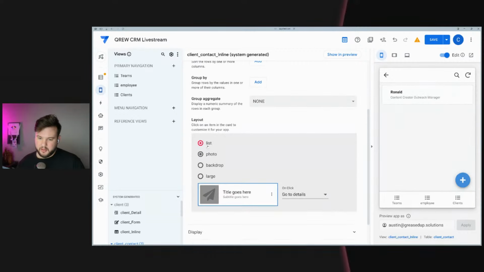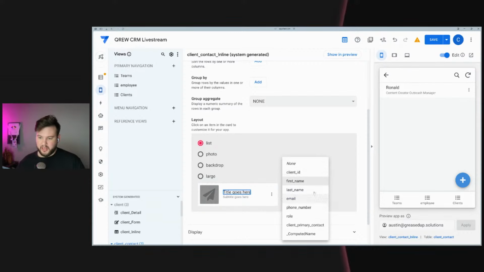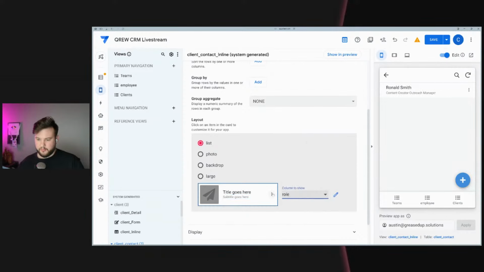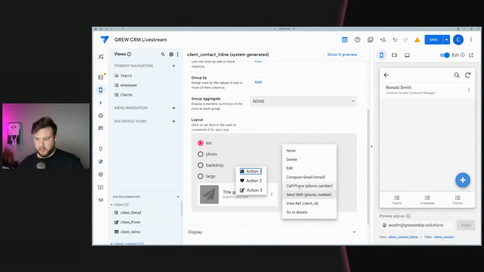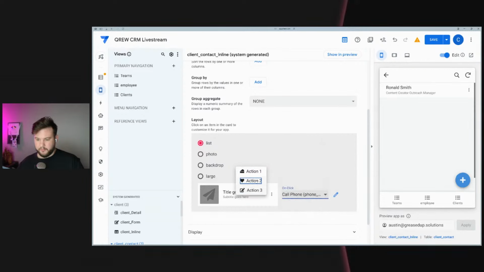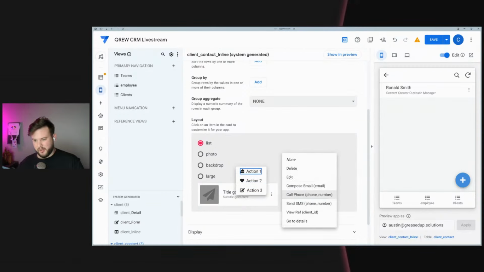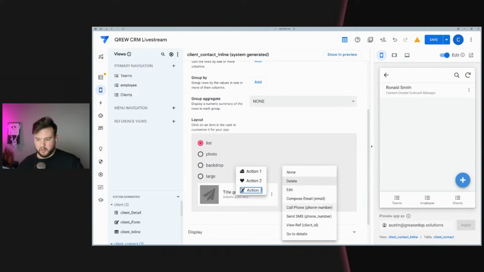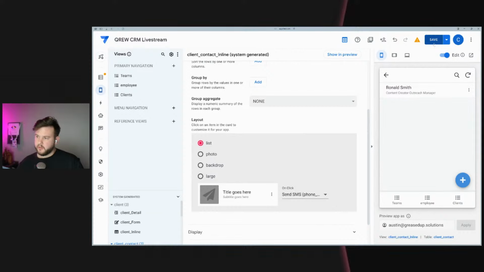We want this to be a list. We want their name to be first. We want their concatenated computed name. And then we want their role. And then we want action 1 to be call them, or really email them. So we want to be able to compose email. We want to be able to call them, or we want to be able to SMS them. And so if we hit save